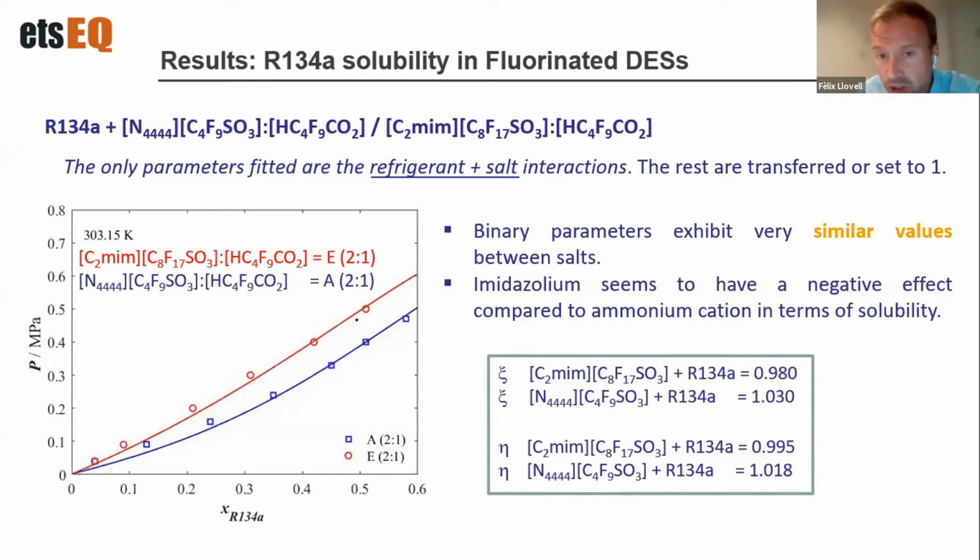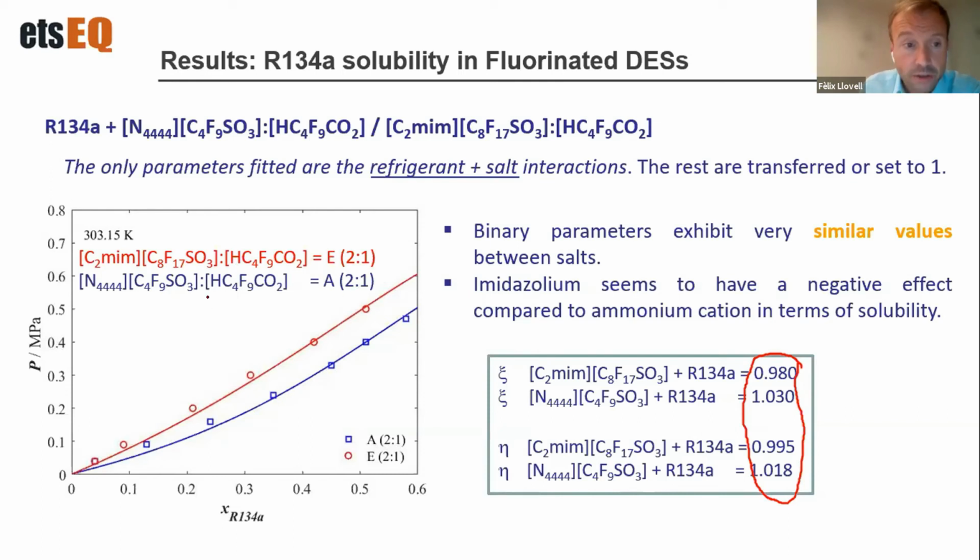But from a modeling point of view, I am insisting on the fact that only the refrigerant-salt interactions are being fitted, while the rest are transferred or set to 1. And still, these fitting parameters are very close to each other and very close to unity, very close to 1. So in general, we can see that a coarse-grained approach is capable of describing quite well these systems in gas